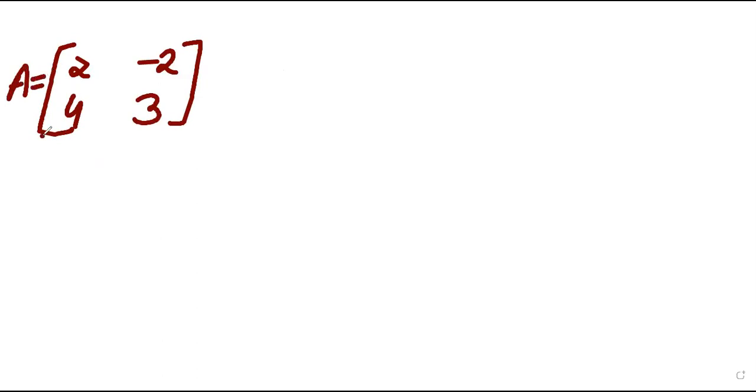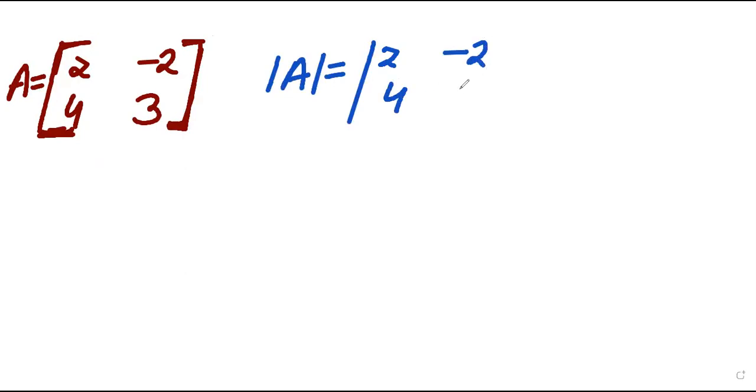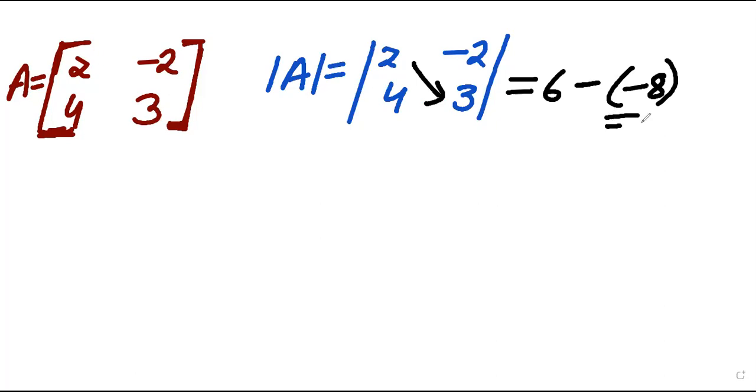Okay, जब आपके पास ये जो rectangular basis है वो आपको दिखाई दे, so it is what? It is a matrix. So first to convert it into a determinant. This is here 2, -2, 4 and 3. Clear? So how to find out the determinant here? We multiply them. Okay, this 3 into 2 is 6, in between negative sign, minus sign, and then 4 into 2 is 8. So 6 plus 8, that is equal to 14.